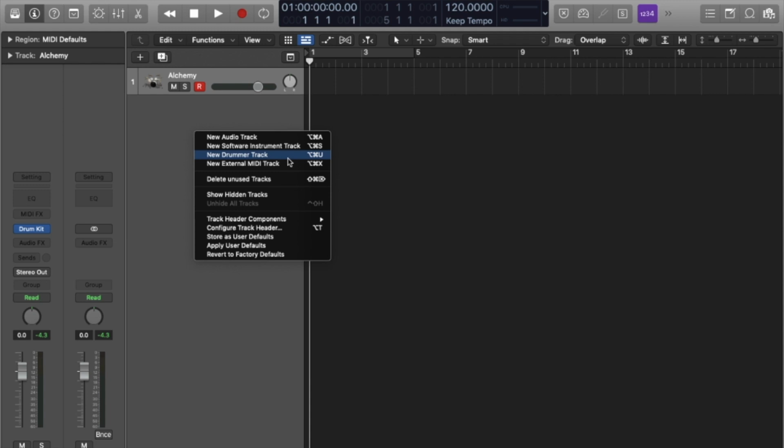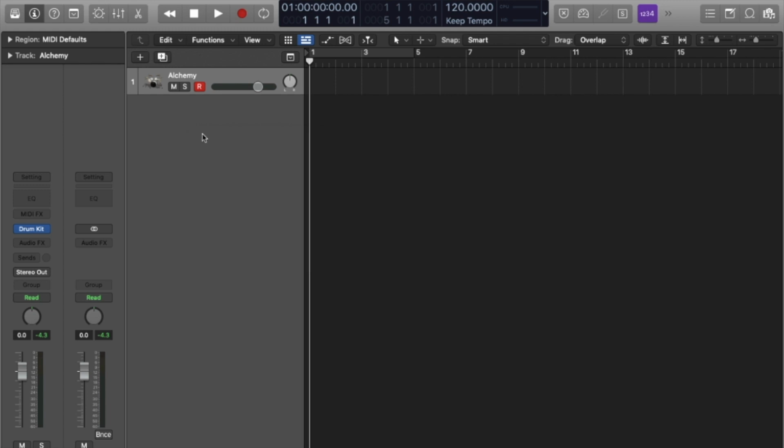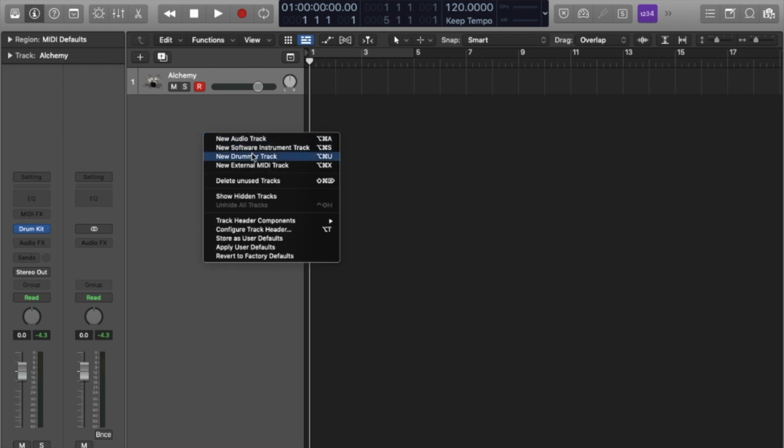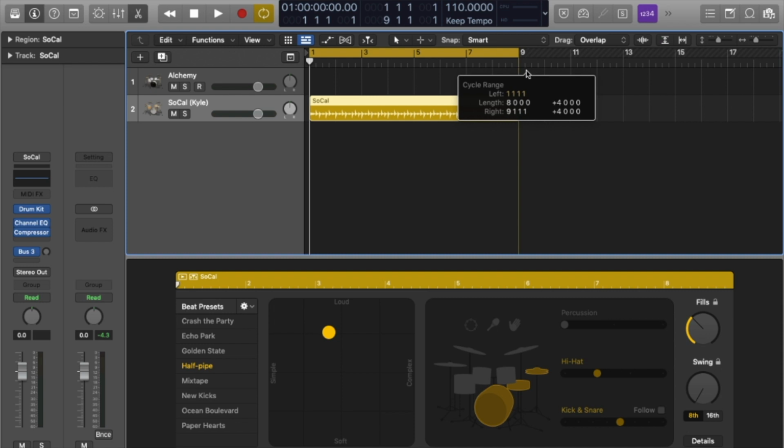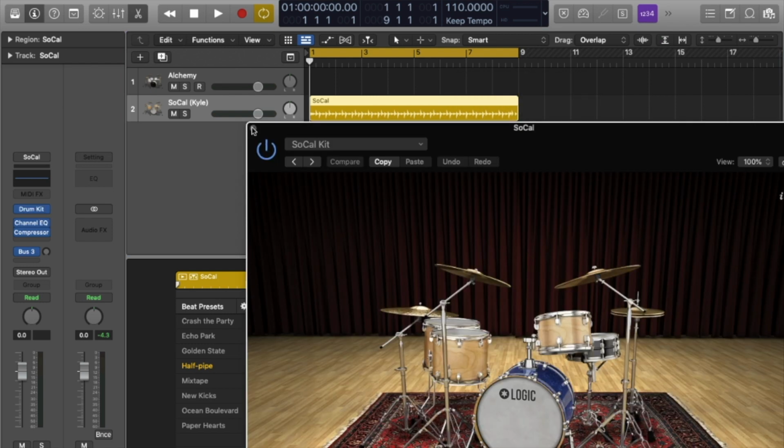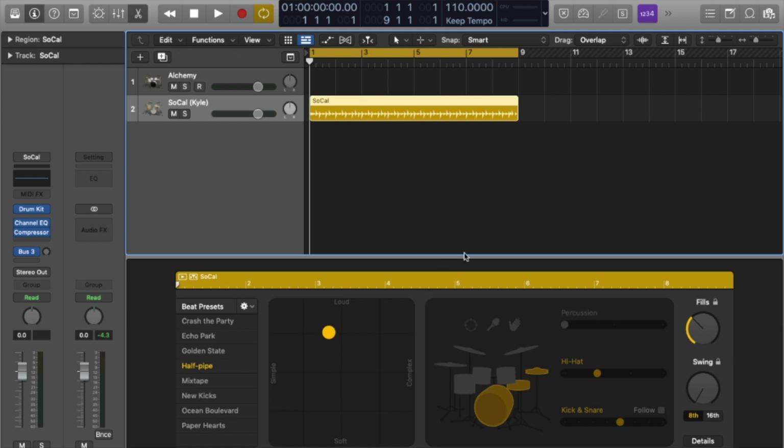The difference is when you add a drummer track as a drummer, you get more control over the drum samples. Let me show it. This is a Drum Kit Designer. You can see it is a Drum Kit Designer plugin. But you have a lot more access to how drums will sound. For example, you can choose the kick and snare,